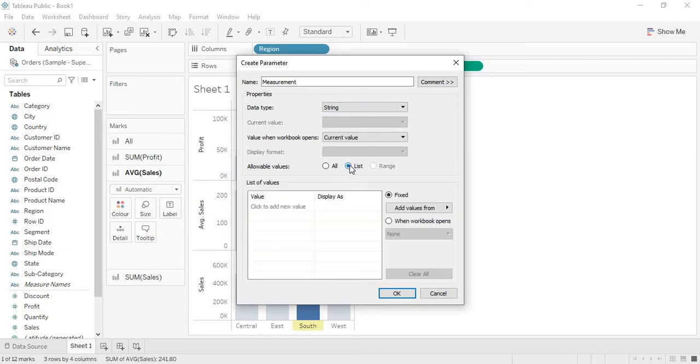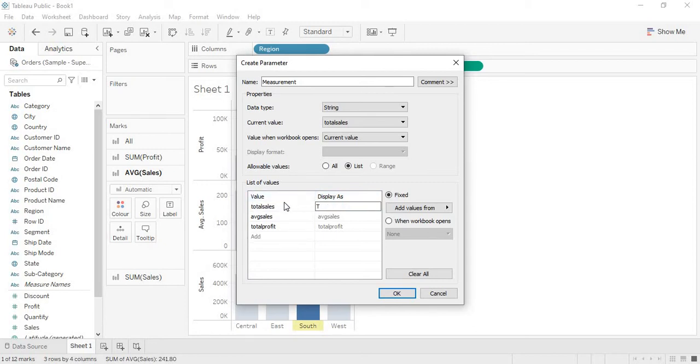I'm going to give the list option. So here I want to show the three values: total sales, average sales, and total profit.